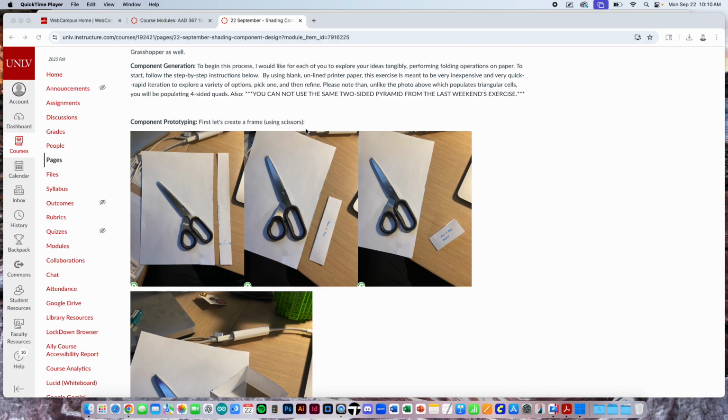All right, so with the component prototyping, I recommend just using non-lined, regular old printer bond paper, an 8.5 by 11 piece. I've actually given you a quick recipe just for your first set of studies. Things that you can do, and with 30 seconds you can have a very quick study model. And if you do it this way over and over again, you have a series of study models that are all the same size. So when you line them all up and take a nice photo of all of them, the good, the bad, and the ugly,